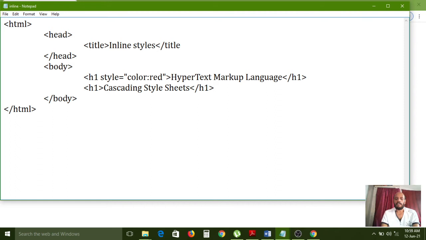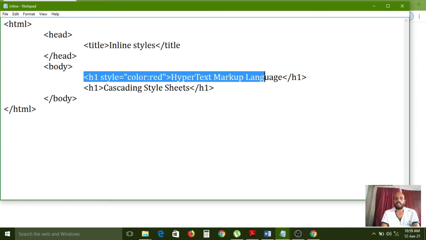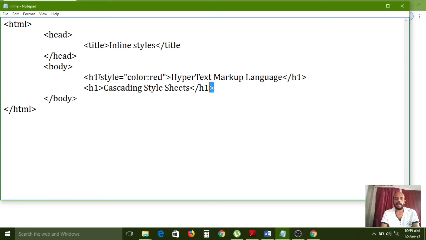So one style I have applied by using the style attribute for this first h1 element, but this style is applicable only for this line, and for the second h1 element I haven't applied any styles.